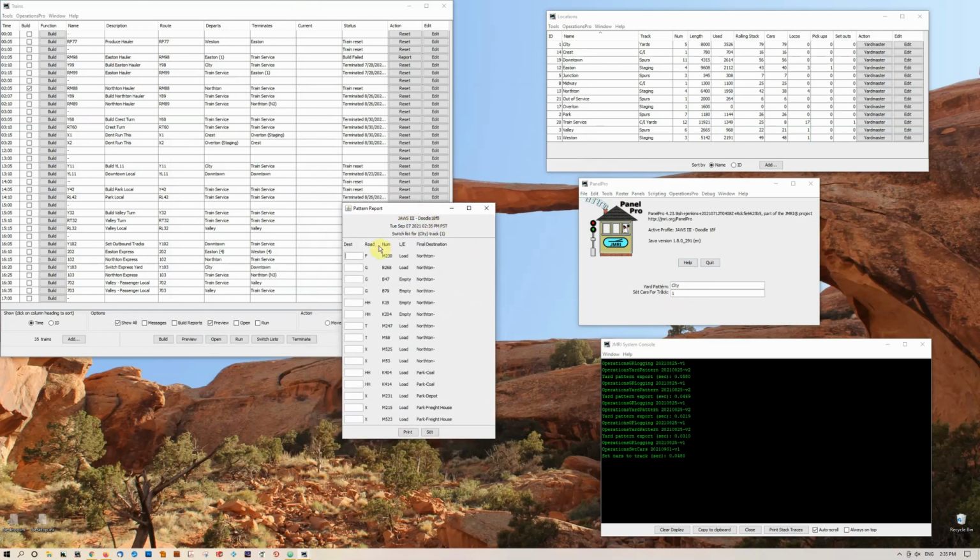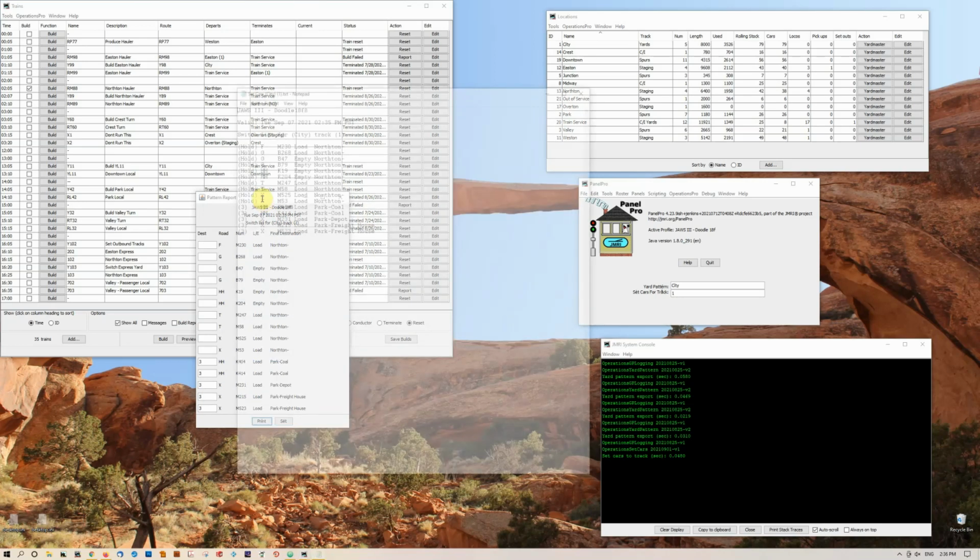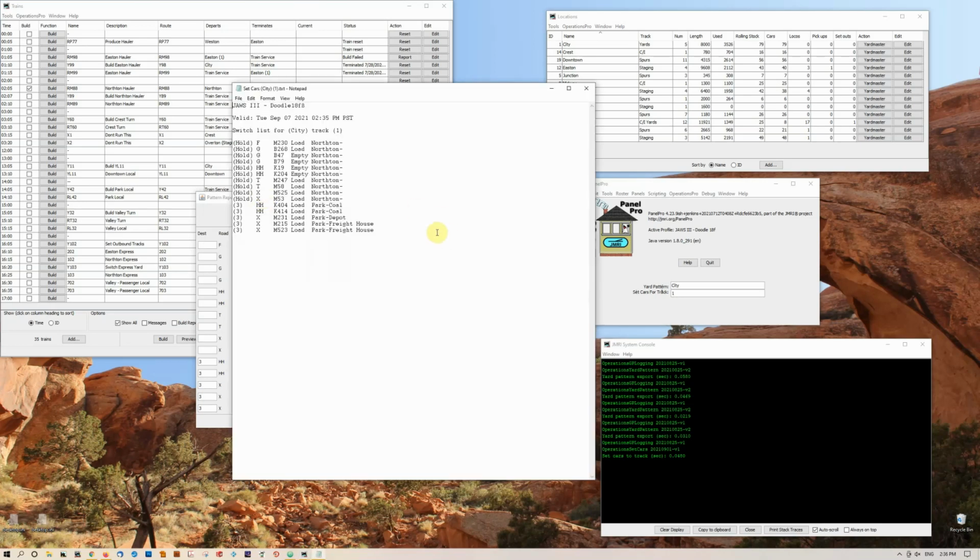And so the form is listing these cars that are in track 1 and then a destination track. So now I can set them. So the northern tracks are staying in track 1, but everything not going to northern is going somewhere else. So let's say I put those park cars in 3, so 3 tab, 3 tab, 3 tab, 3 tab, 3 tab, print. Hit that print button at the bottom and you get a switch list